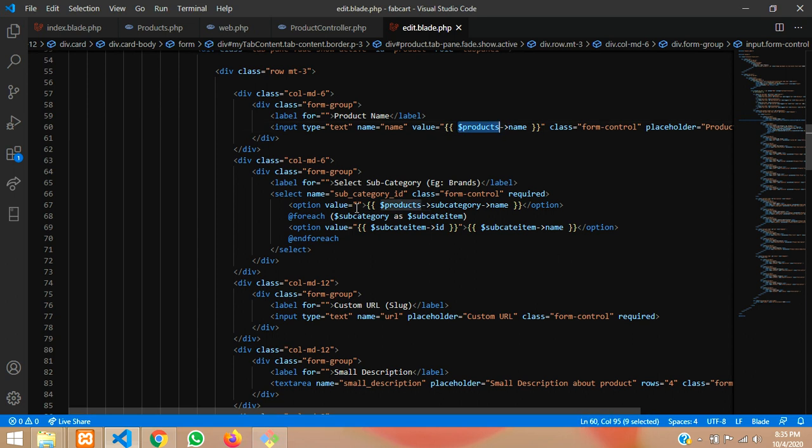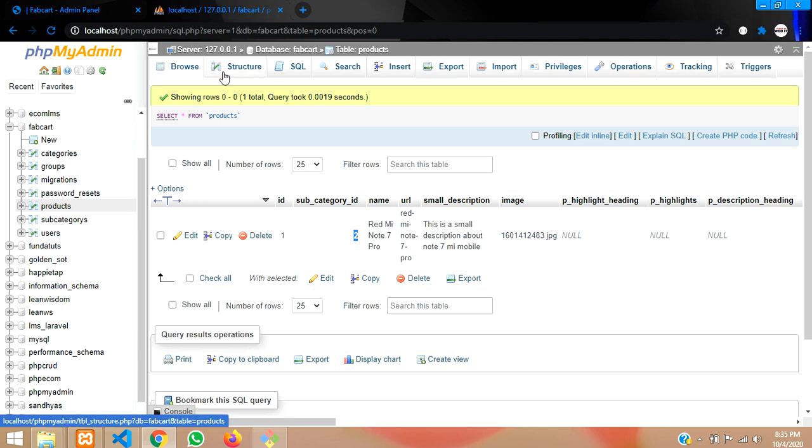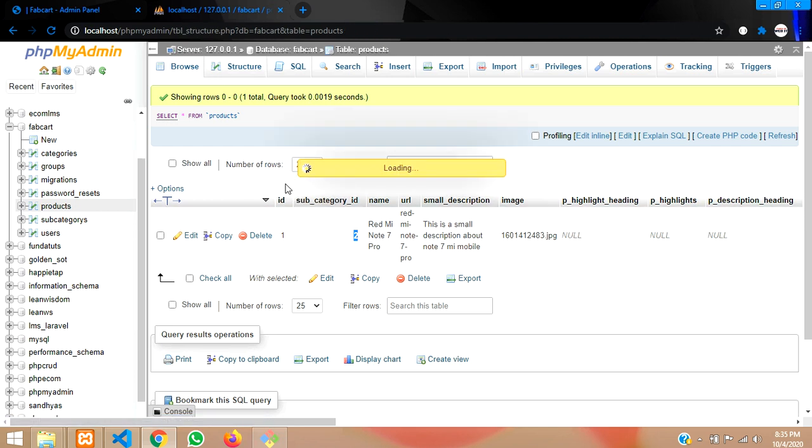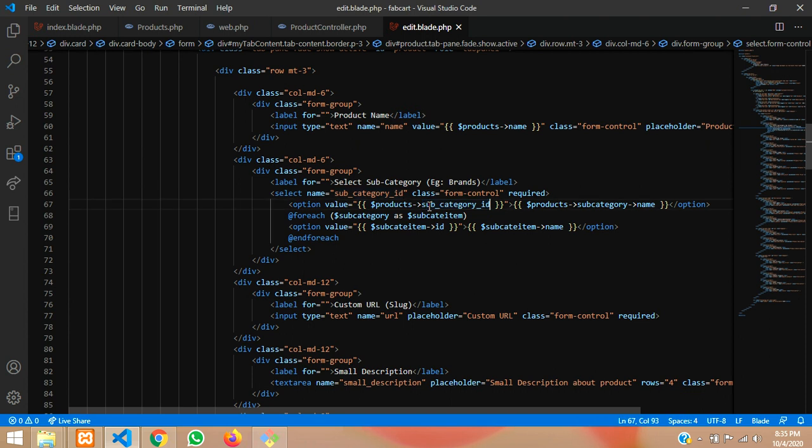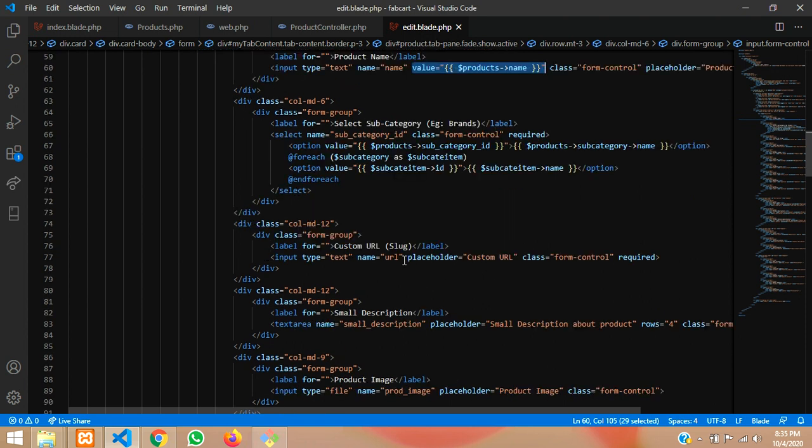So let's copy this and pass the value inside this. That value will be product sub_category_id. This is nothing but we are fetching directly from our products table. As I will show you, this is our product category. So let's copy that and paste it over there, as simple. So let's copy it and paste it. That's it, done. So now let's copy this value also, same thing, and paste for everything, right?